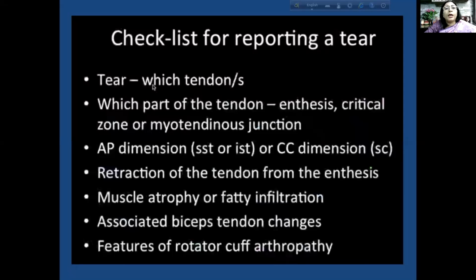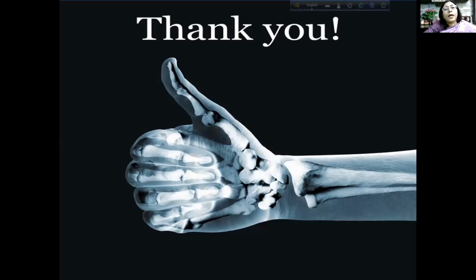Because after the surgery, the patient needs to rehabilitate and to increase the strength and volume of the muscle. If the patient has a higher grade of muscle atrophy and fatty infiltration, then the patient needs more time to rehabilitate. So one more tip, that is we need to know the better anatomy and pathology evaluation